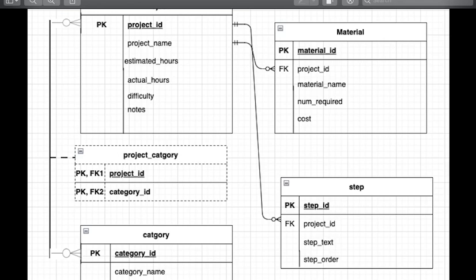Entity relationship diagram. I have a many to many relationship with the project table as well as the category table. And my primary key is an identifier for one person, place, or thing that I want to collect and store data with. I have a join table in the middle, project underscore category, and I do a join table because